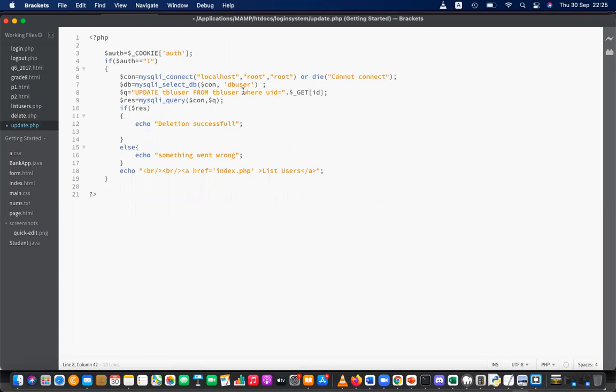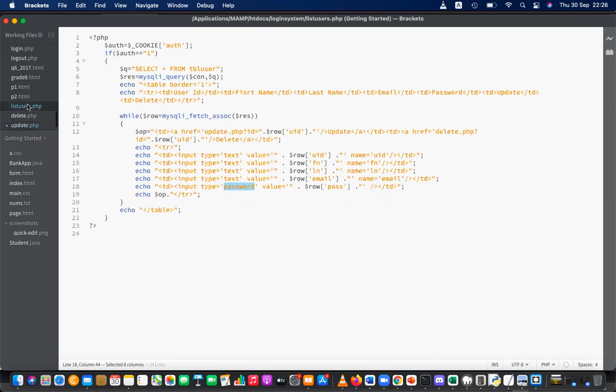Then how do you get the values? Here, actually, you are passing the values through the URL. You saw that in list users, we are just passing this ID, but not the other things.